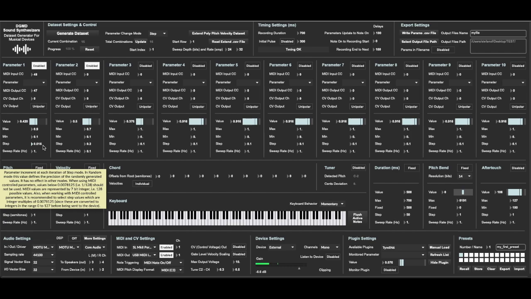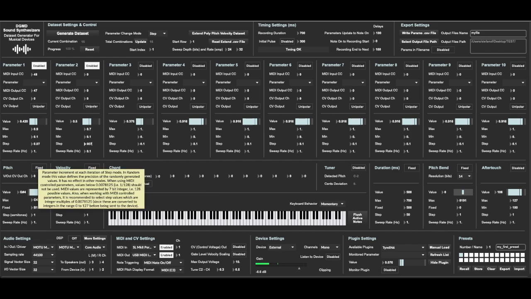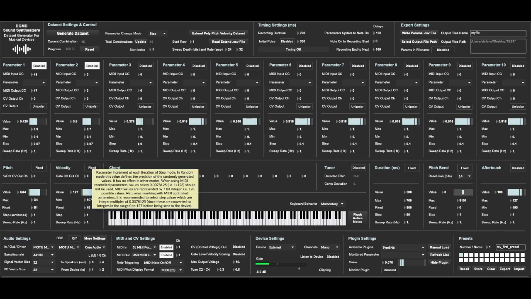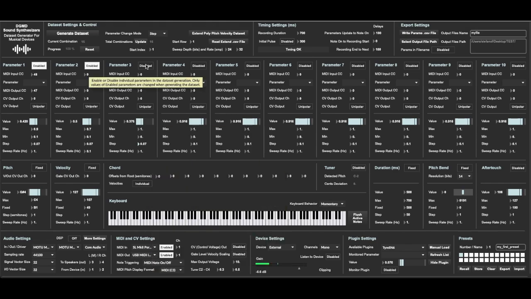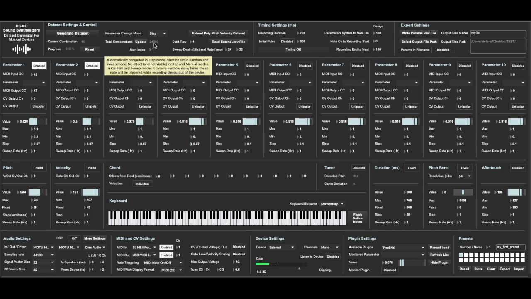Although, if you use 0.07 and 0.07, just with 3 parameters in step mode, you get 1006. And if we keep doing this, we quickly go to huge numbers, and it will take a lot of time to generate this